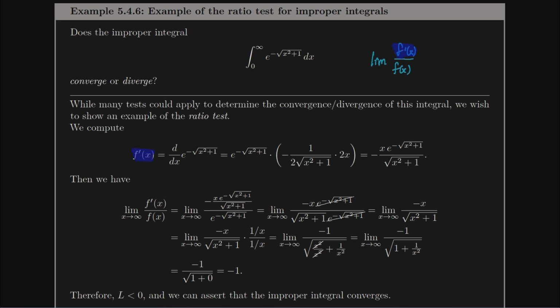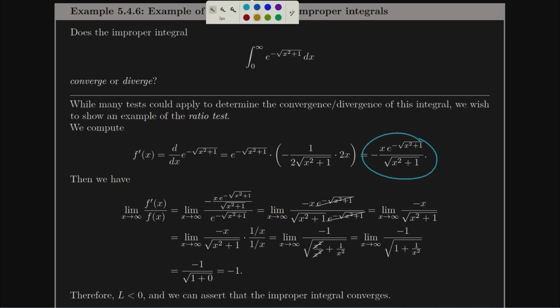Well, we calculate f prime just using a chain rule here, right? I guess the power rule as well. Chain rule is going to say we're going to keep the exponential the same, multiply by the derivative of the inside. What's the derivative of the square root of x squared plus 1? Well, we're going to get 1 divided by 2 times the square root of x squared plus 1. That's coming from the power rule using the power 1/2, which is the square root. And then you're going to have one more copy of the chain rule. That's going to be the derivative of x squared plus 1, which is 2x in this case. We decide to simplify this a little bit. We see we have negative x e to the negative root x squared plus 1, all divided by root x squared plus 1. Looks pretty ugly, but remember we're eventually going to be taking a ratio with the function itself. So if I take this and actually I divide the entire thing by the original function, what was that?